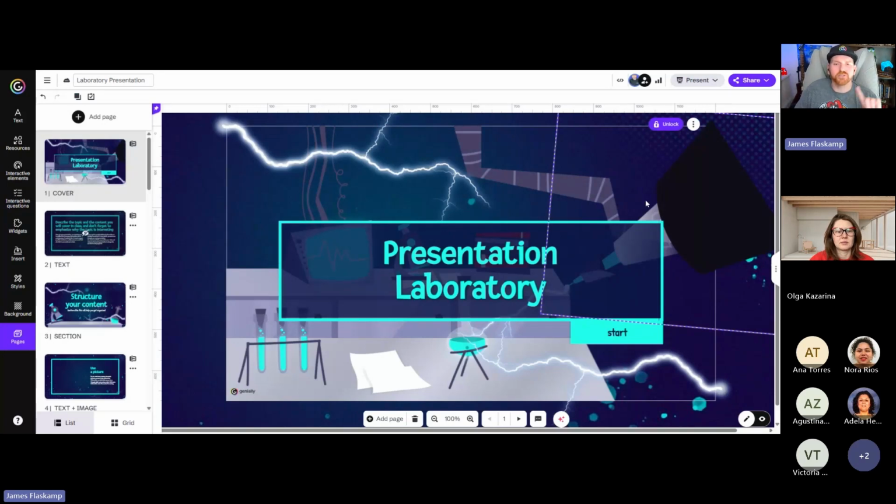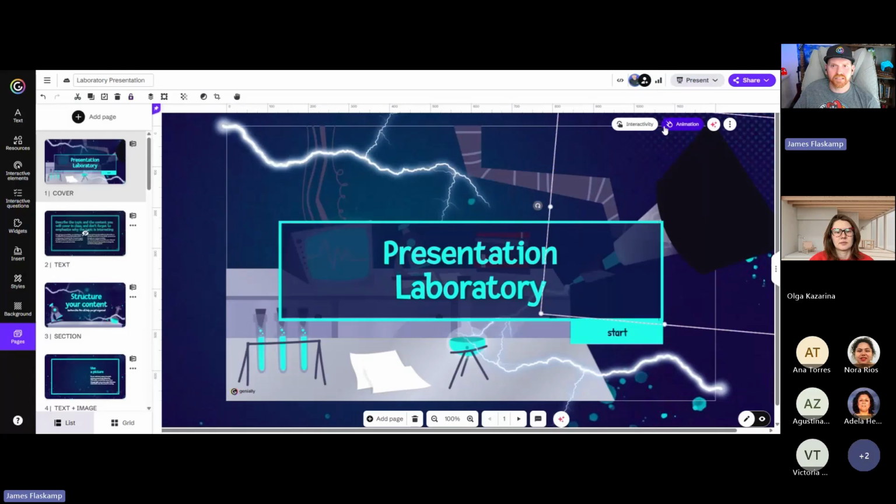Now, you might notice as you're going through a Genially template, something like this, where when you hover over something or click on it, it kind of has the more like bluish dotted line outline. That just indicates that it's a locked element. You can lock elements in Genially to keep them from being dragged around if you have multiple layers and stuff like that, just to kind of lock them in place.